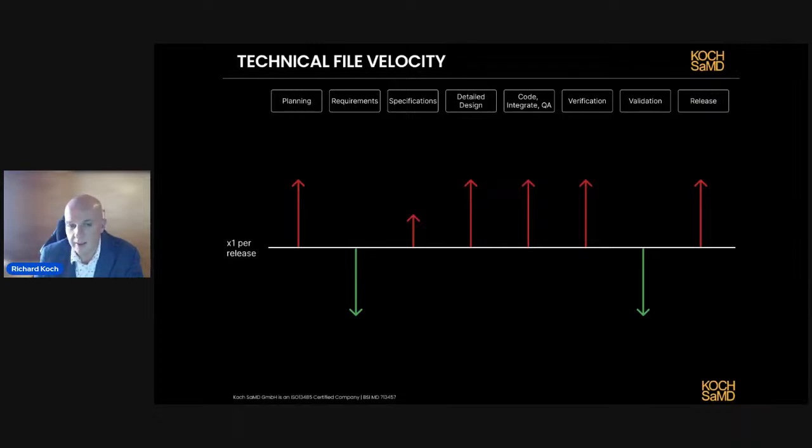And the white line is an index to say, to do the update to the document, once per release. So if you're on the white line, you're doing it once per release. If you're above the white line in the red, you're doing it at least once per release, if not more. And if you're in the green line, you're doing it maybe less than once per release.